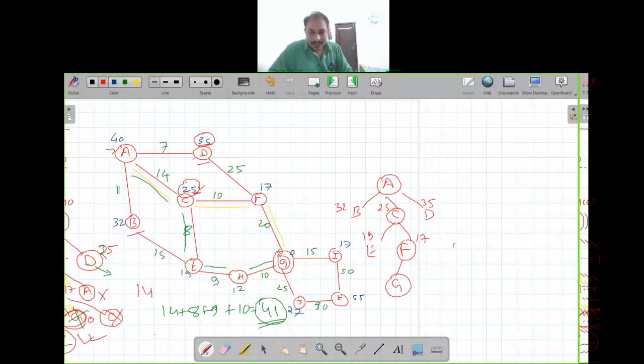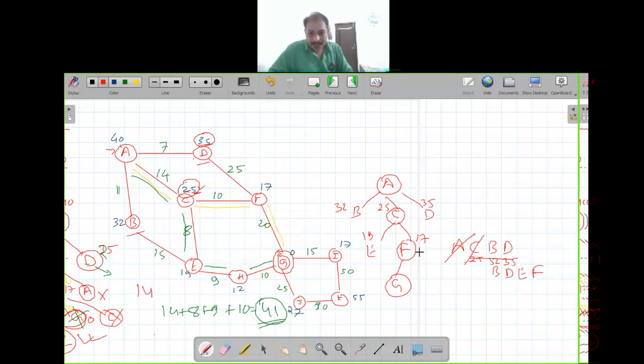Always, when we remove an element, we enter the elements in ascending order based on their heuristic value. So when we remove A, we enter the elements C, B, and D. As you can see, these elements are in ascending order: 25, 32, and 35. Then C has the least value out of these three, so we explore C. And again, when we remove C, B and D are already in memory, and we enter E and F at the back of the queue.